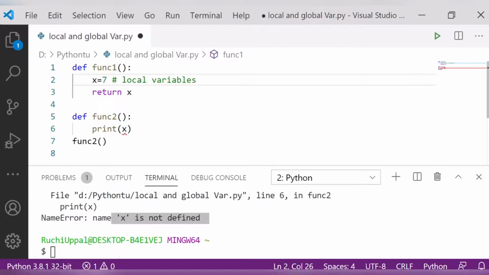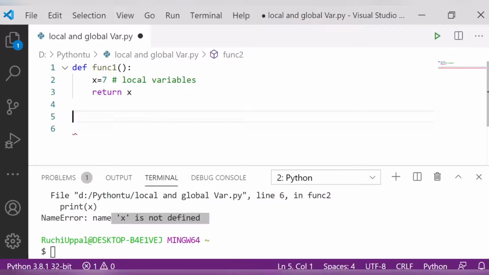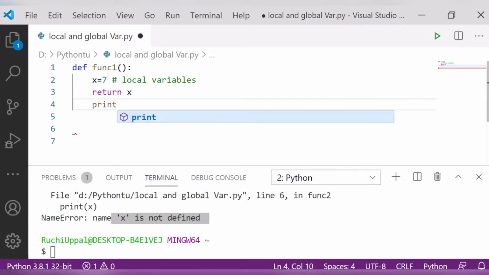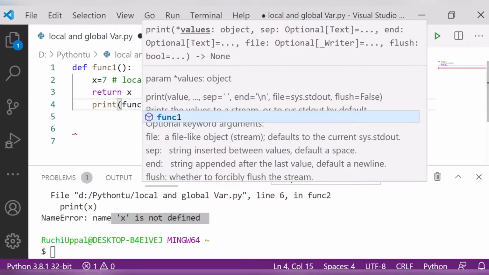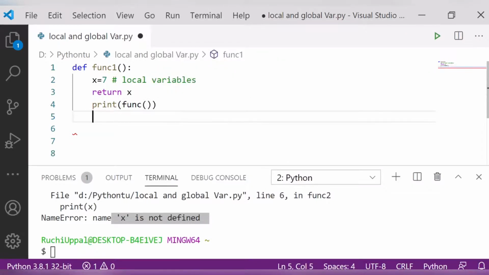Now what if I simply remove this, and I write here print. Just suppose I write print, now I use the print command to call the first function. Fine, then I will print x.